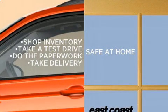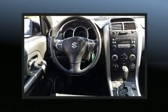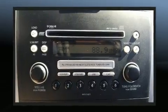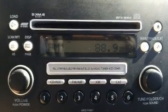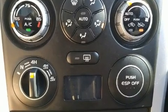Sensibility and practicality define the 2006 Suzuki Grand Vitara. It features four-wheel drive capabilities, a durable automatic transmission, and a refined six-cylinder engine. Top features include a split folding rear seat, a rear window wiper, a tachometer, a trip computer, heated door mirrors,